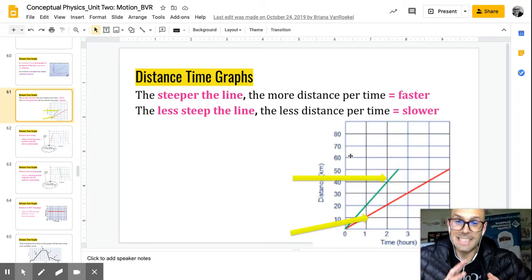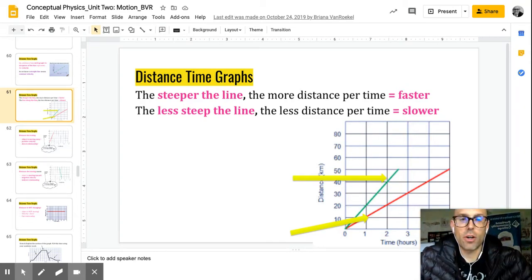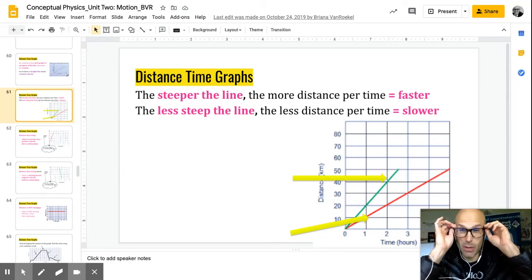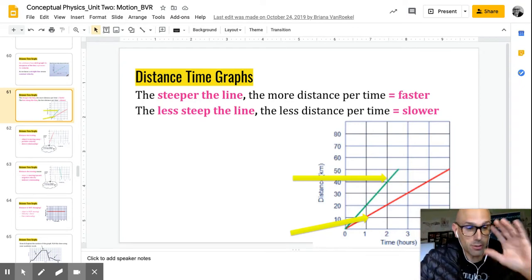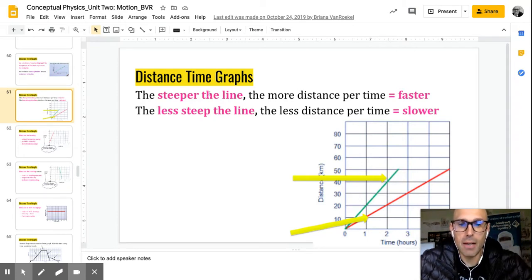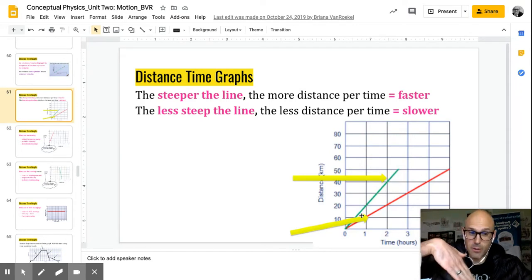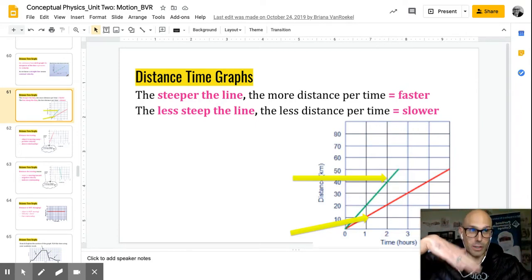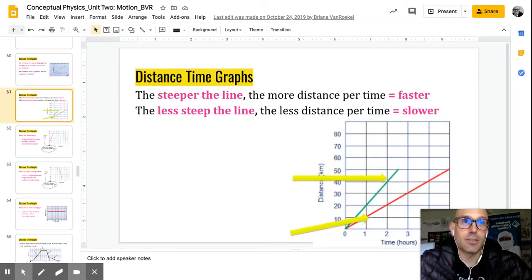Okay, so this next section is about interpreting distance time graphs in terms of their slope. Now, some of you are like, how do we calculate slope? This question isn't getting at how you calculate slope. We just want to look qualitatively: is the line going up, going down, or is it flat? You're going to be shown three graphs. One's going down, one's going up, and one is flat. And you're going to need to say whether that's constant positive velocity, a stopped item, or a constant